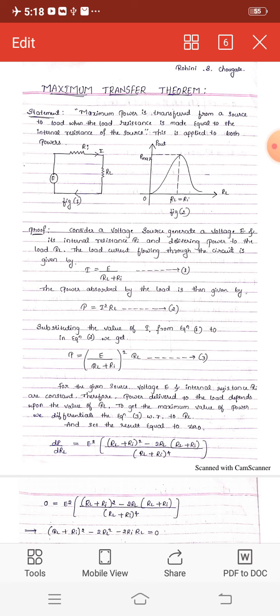And problems also: one problem I solved, and two problems I gave for homework. In Norton's theorem also, which is also a bigger one, I already solved the problems and gave homework. Next, in the superposition theorem also I solved the problems. In the maximum power transfer theorem there are no problems for you people. In this class I solved two applied problems. So here students, Thevenin's theorem, Norton's theorem, superposition theorem and maximum power transfer theorem, these four theorems are very important for your exam purpose.